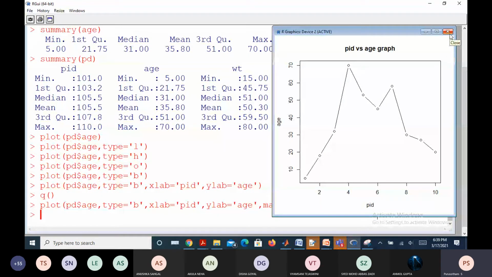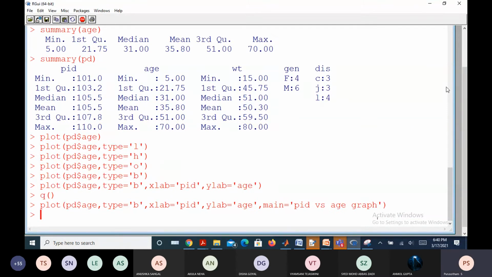Is it displaying patient ID versus age graph? Yes, sir. You have the horizontal axis labeled, the y-axis labeled, and now you have titled this graph. Understood? Yes, sir. Is it easy to add into the syntax? Yes, sir. Okay. Now you want a bar plot.